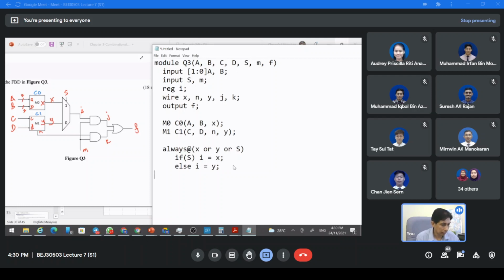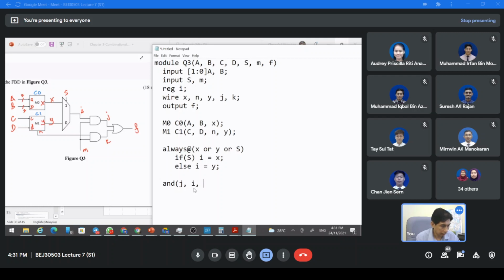And last one, you can describe this one. So you can describe using data flow modeling or structural modeling. So let's use structural modeling because we have all the signal names here. All right. So we can start with this gate. So you can have N, I, J, the output,